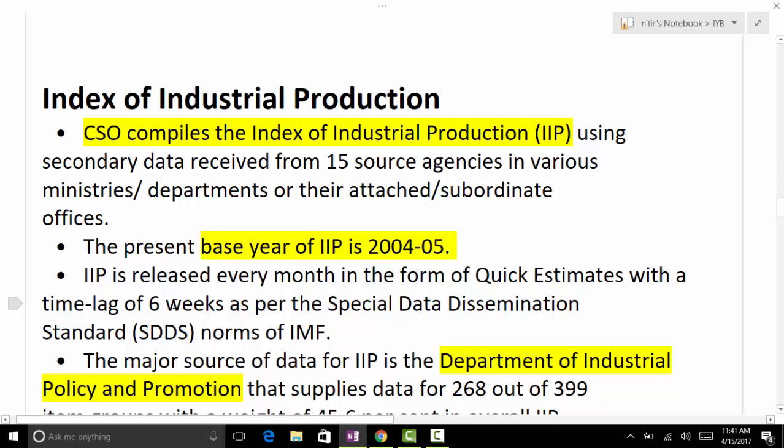Okay, who does the compilation of IIP? CSO. CSO has major responsibility. What it does basically, what all indices it brings. क्या क्या काम करता है CSO? अभी डिस्कस किया हमने जस्ट नेशनल अकाउंट, CPI, IIP, ये 3 तो कम से कम याद रखो आप. ठीक है. बेस ईयर